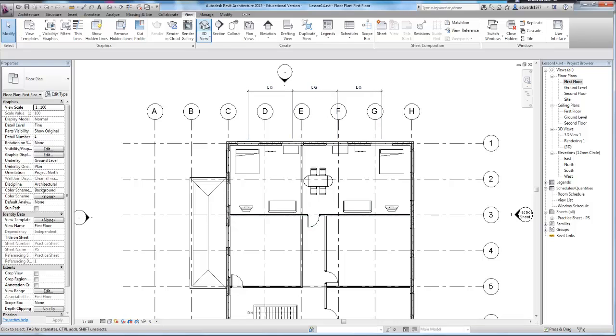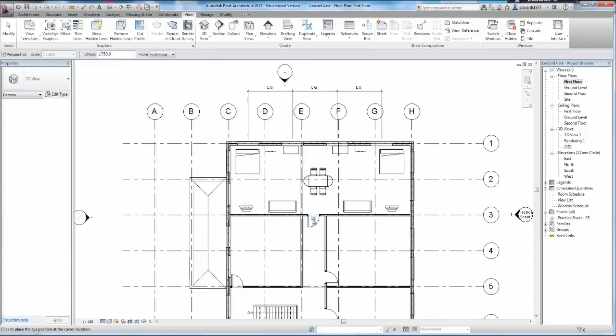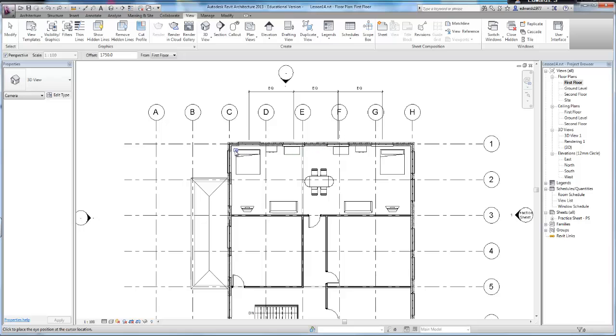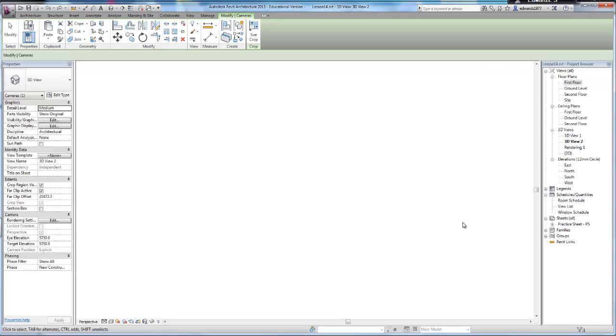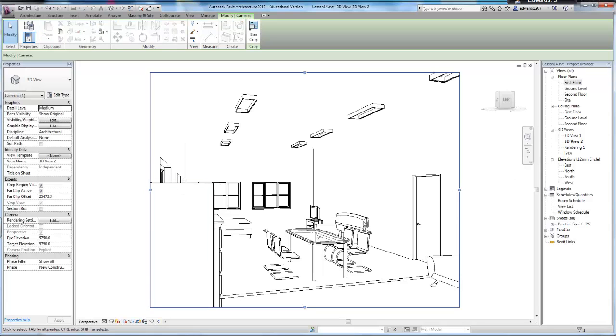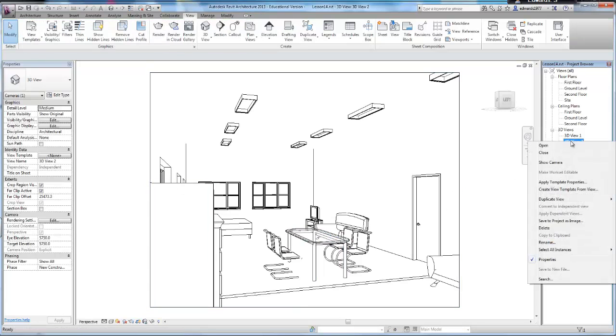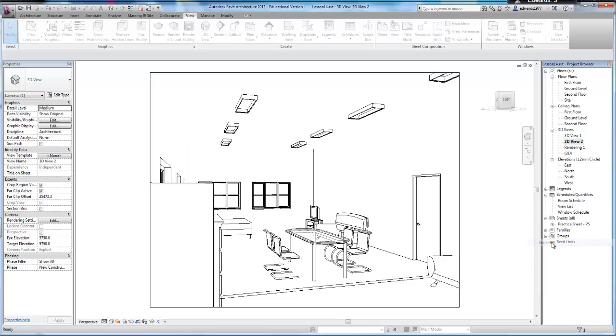Let's have another view straight through this door. So 3D view, camera. Let's this time have it looking from this corner towards this corner. So that looks quite good as well. Okay, again, let's create a new view here. So I'm going to rename that rendering 2. Okay, now I'm going to do rendering 1 on my computer, and I'm going to do rendering 2